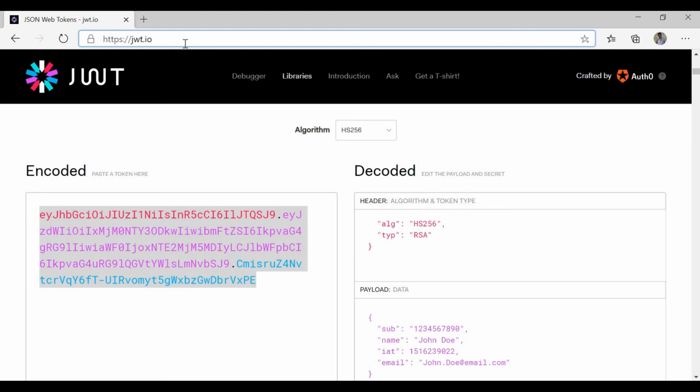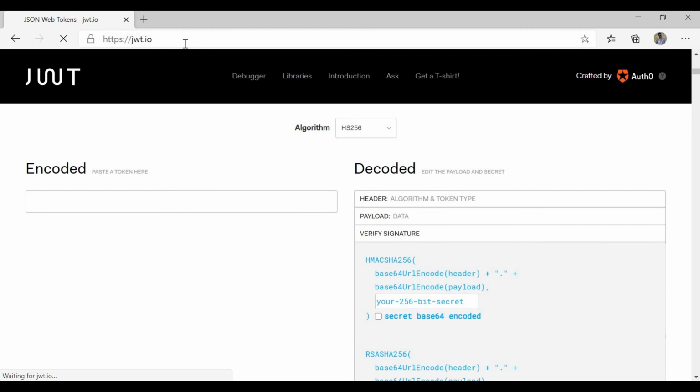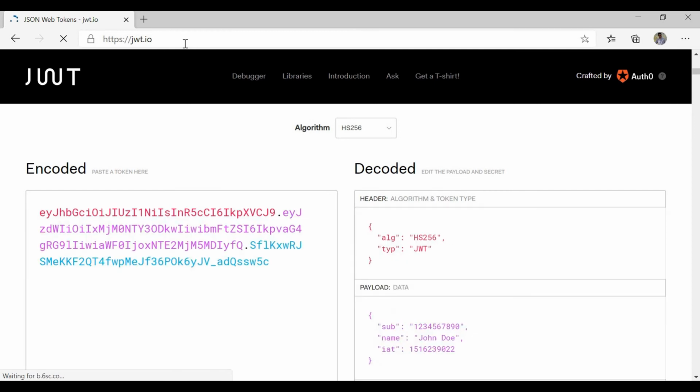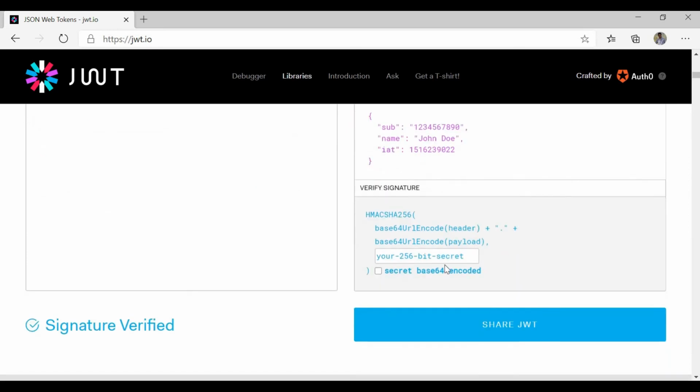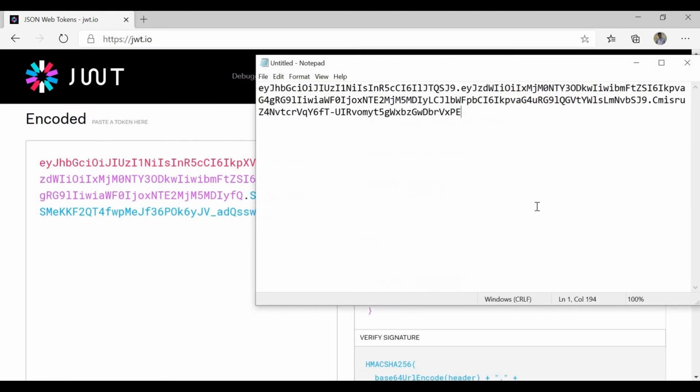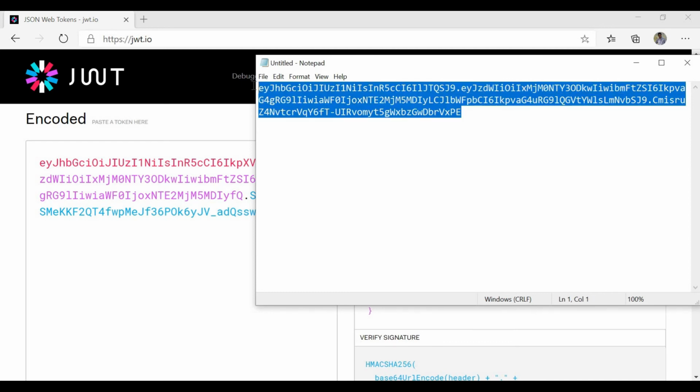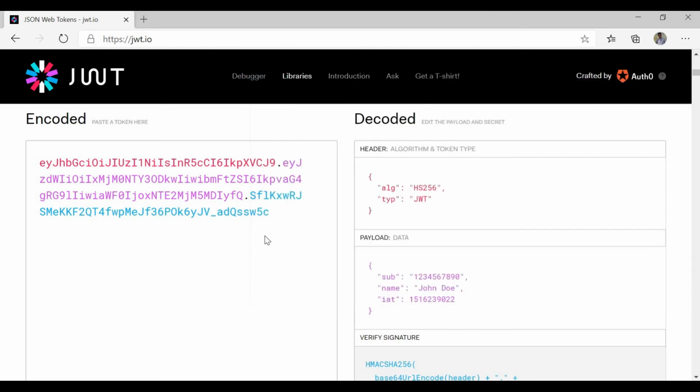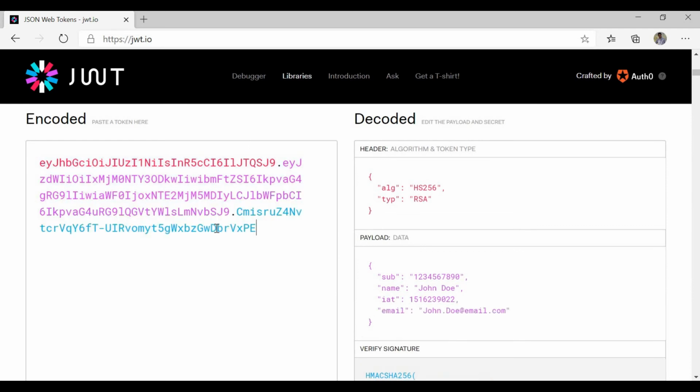I'm reloading the website because I just want to see the default values. By default, the secret key is your-256-bit-secret. So I have a token which I have created with a different password. I'm copying this one and putting it back in the website.